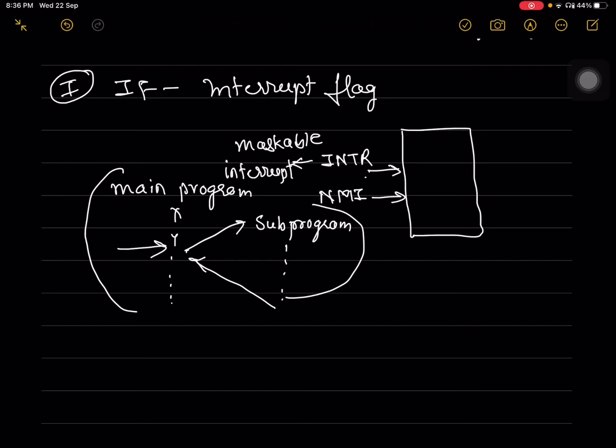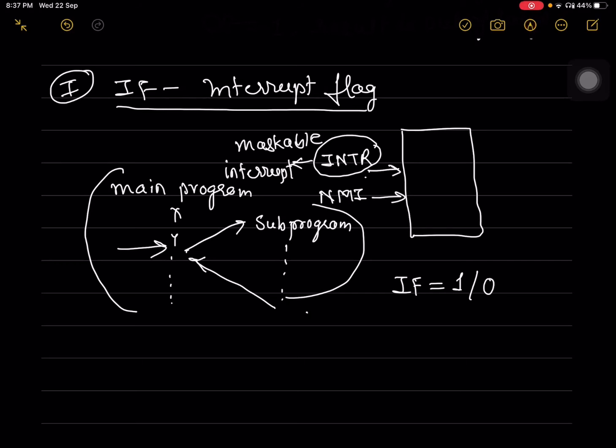In this situation, the INTR, which is called as the maskable interrupt, can be enabled or disabled by using the flag called as interrupt flag. So interrupt flag has 1 bit which can be made 1 or 0.